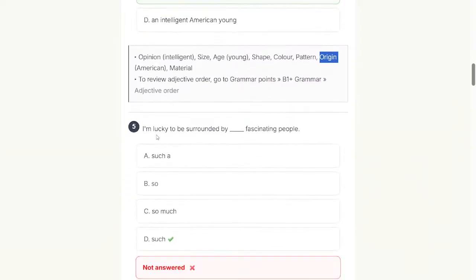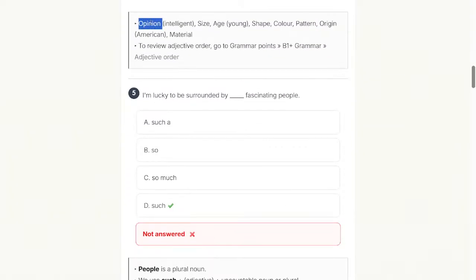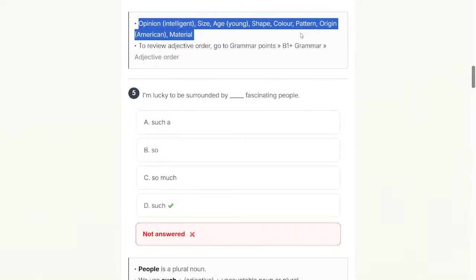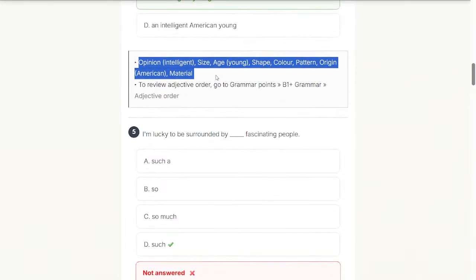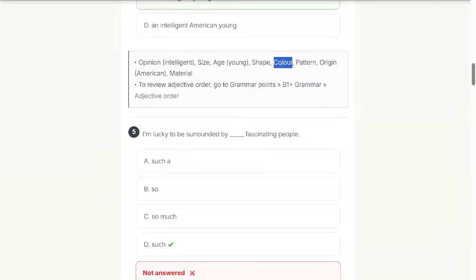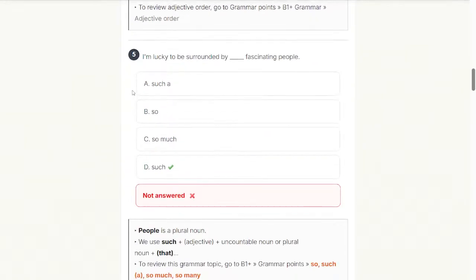There is some abbreviation, opinion, authors, and there was something like camp. I'm not sure about this order.